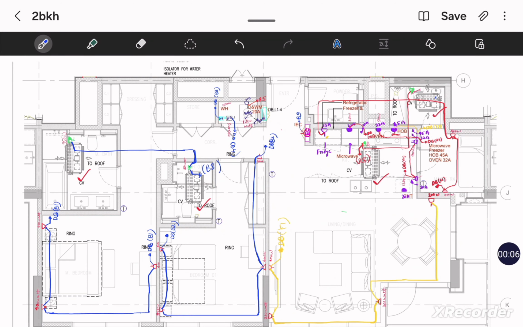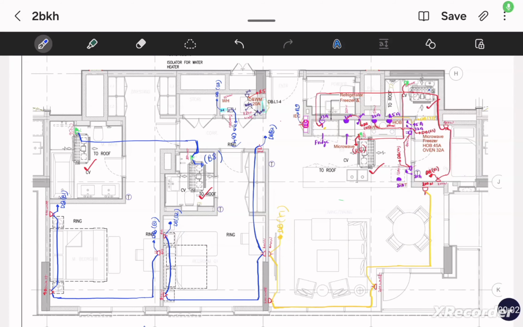In my previous video, I placed the power outlets and the light fixtures in a 2 BHK flat. After that, I referred to the important points mentioned in the DEWA regulation related to the power outlets and the light fixtures. Then we made the circuits based on the DEWA regulation for the power outlets and for the light fixtures. In this video, based on the circuit formation for the light circuit and for the power outlets, we will